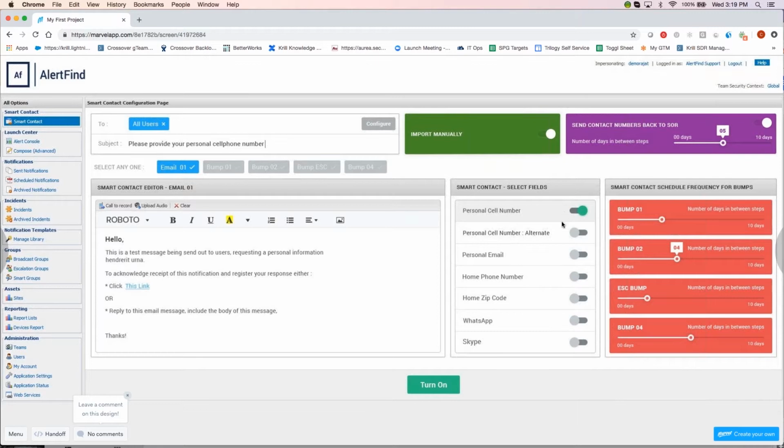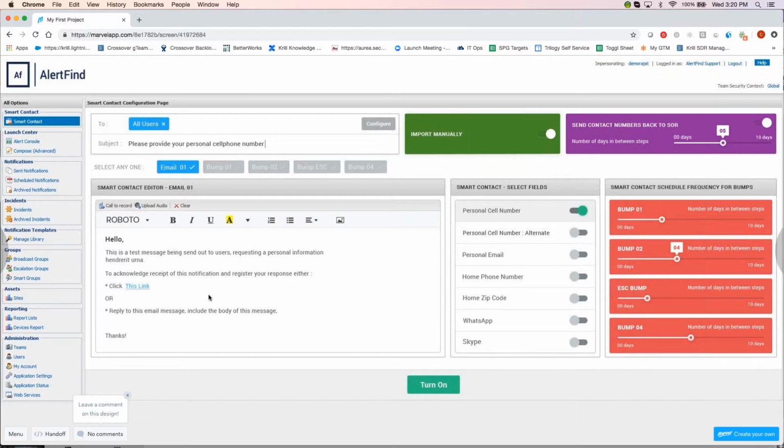So you can see on this page what I'm doing is I'm saying, okay, I want to target personal cell phone numbers because we want to make sure that we get to 100% accuracy, that we have everyone's personal cell phone numbers. Then what we're going to do is we can actually configure this automated email sequence, if you will, where at each stage we can indicate what we want the message to say that people are receiving. This is where you want to put your key messaging around why people should be providing information. Why do we have this emergency preparedness program? Why should they care? How are you using their information? All those things that people will want to know, you can put right in this message